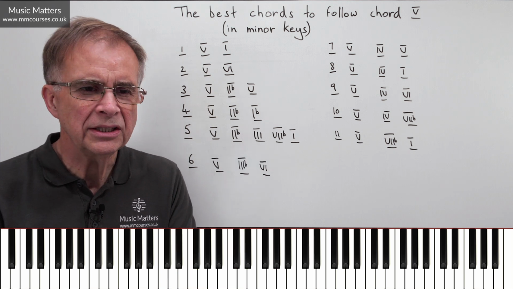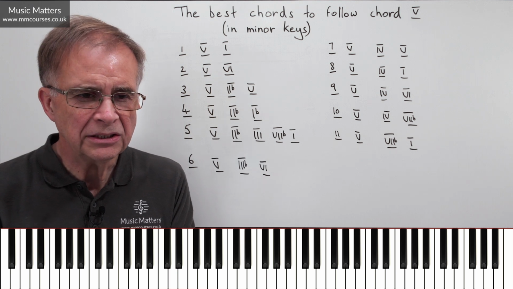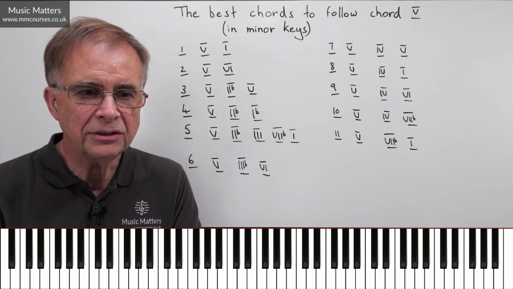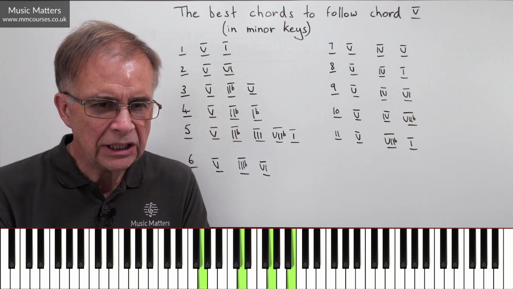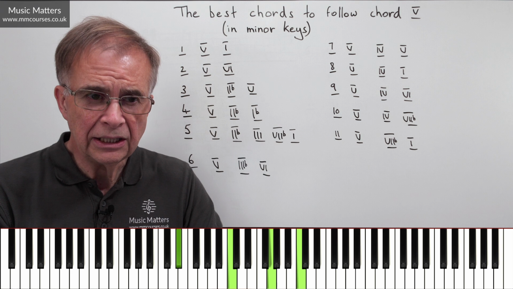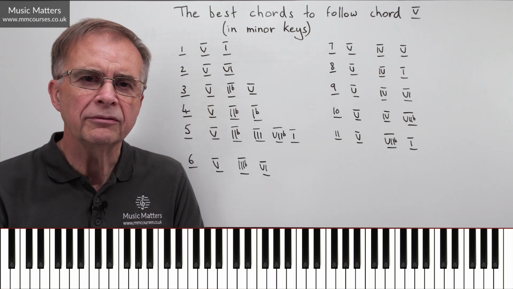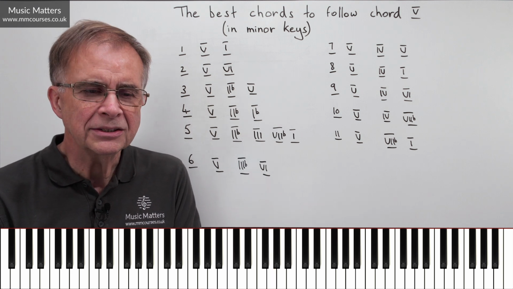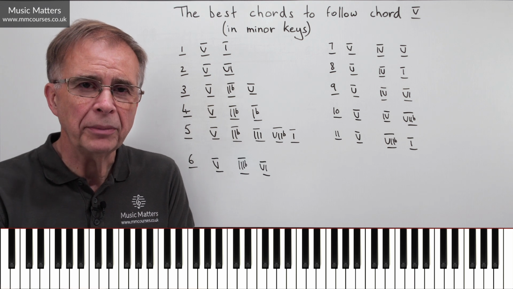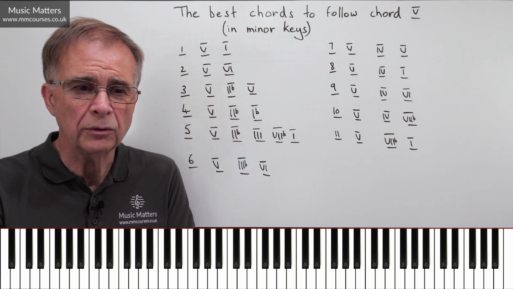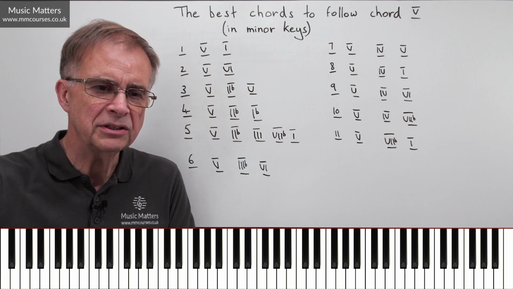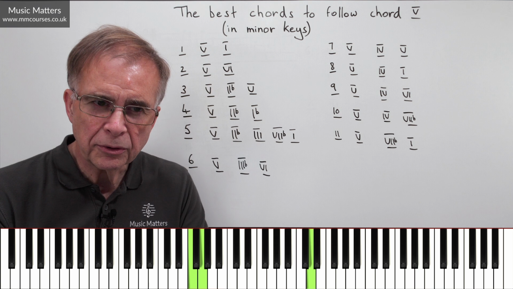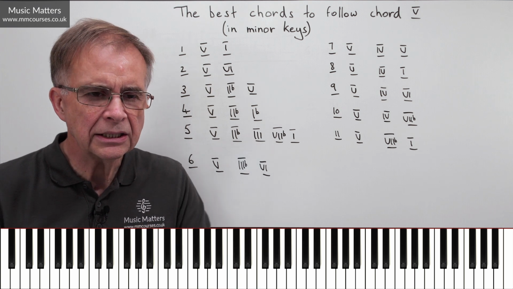Why am I suggesting this? It gives you a lovely smooth bass line. I'm working in C minor, as you'll have gathered. So in C minor, option 4 gives me G, F, E flat. So scalic bass lines are quite handy, and you can get that by going from 5 to 2B and then thinking, well, instead of just going to 1, if I go to 1B, or 1 in first inversion, I just get that nice progression in the bass.